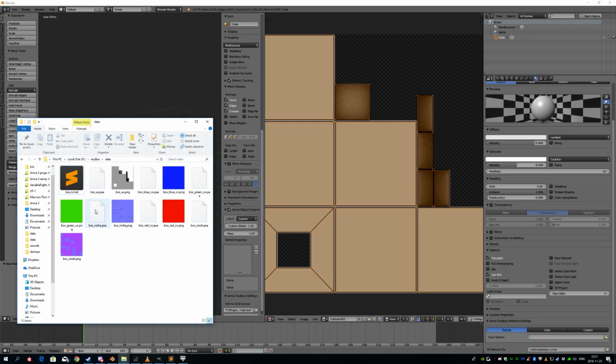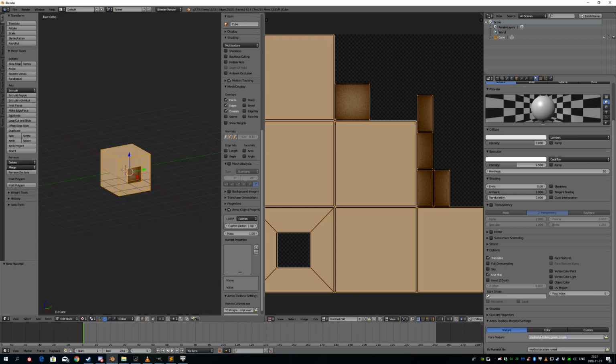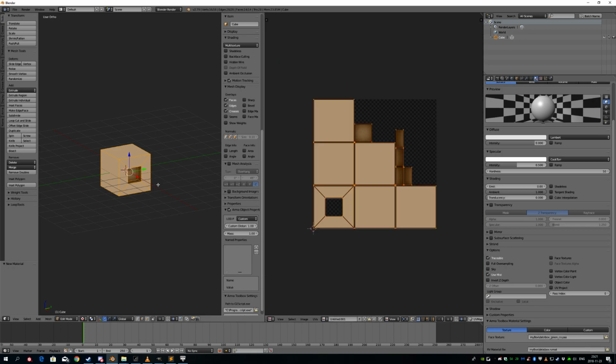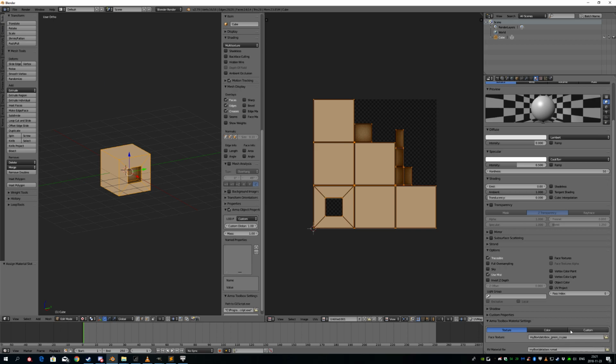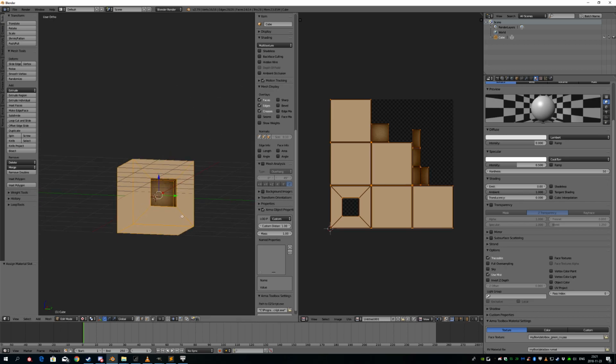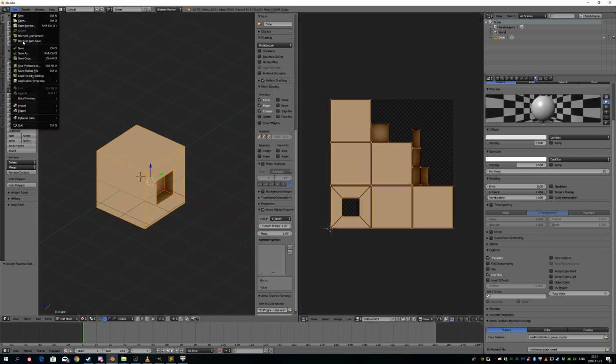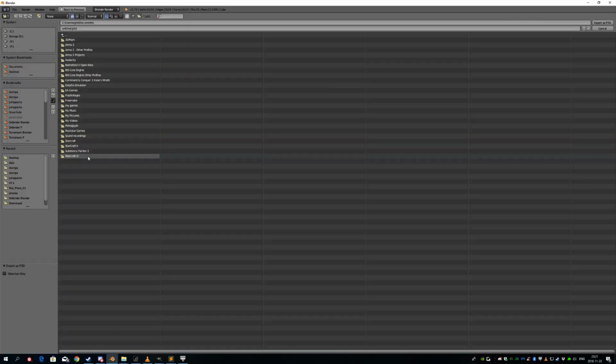I'll give the default one the green texture, like this. And now with everything selected, I'll just hit assign, and now I'm assigning this texture and this material to this object here. So right now I can export this to a P3D file, locate my box folder, I'll just place it straight here, call it box,